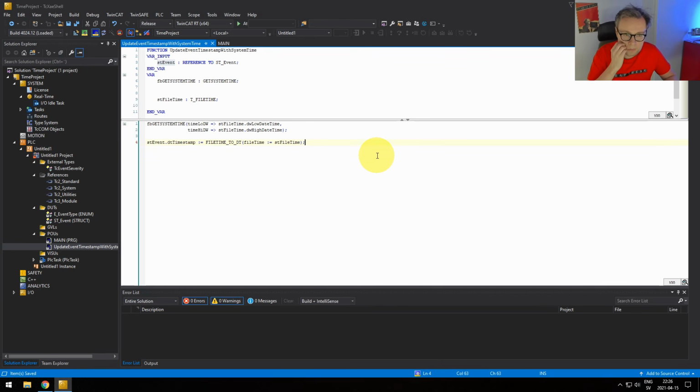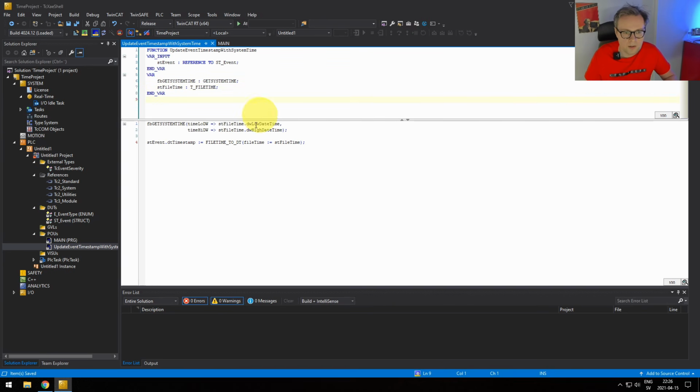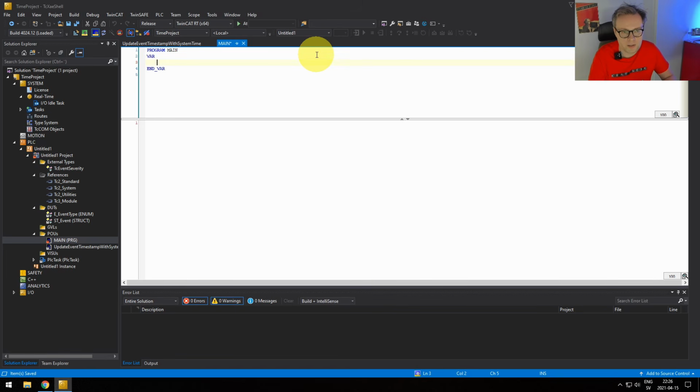And that should be it. Clean it up a little bit. And now we can run this function and see whether we get what we want. So we're going to create an instance of this structure. This could be, of course, an array of events that you have in the system. You could have, as I described previously in the PowerPoints, an array of hundreds of events.